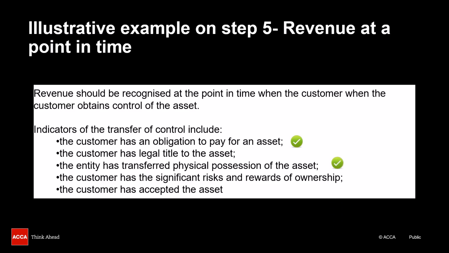The significant risks and rewards of ownership have also passed on this date, since the school will be using the desks from this point, and the customer would accept the asset at this date when the desks are delivered. Therefore, the customer obtains control, and revenue should be recognized at this date